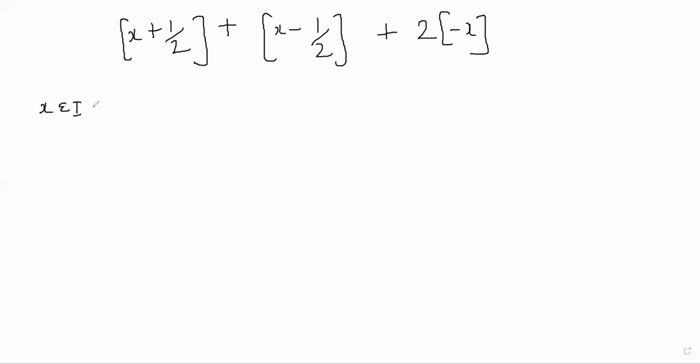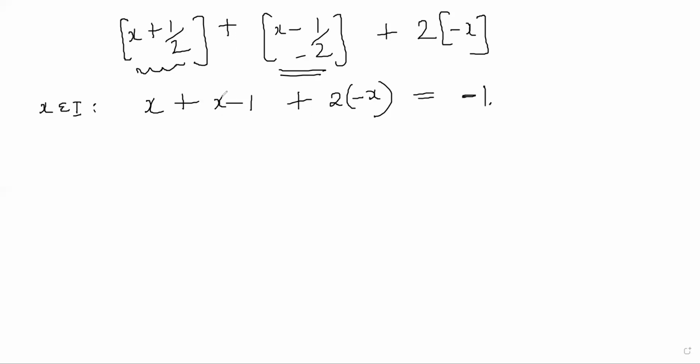x belongs to integers. If x is an integer, this bracket should become x, and this bracket should become x minus 1, and GIF of minus x will remain as minus x only. So plus 2 into minus x, right? So this is a constant function, at least in this range. If x is an integer, the answer is always minus 1, right? If x is not an integer,